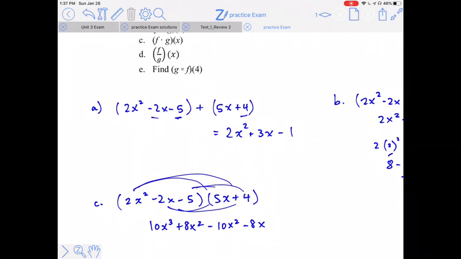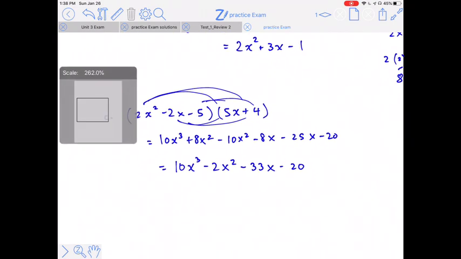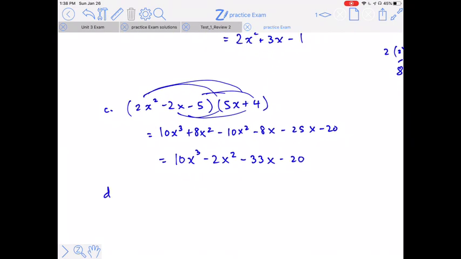And then the negative 5 multiplies both terms. And then we combine like terms. Okay, part D